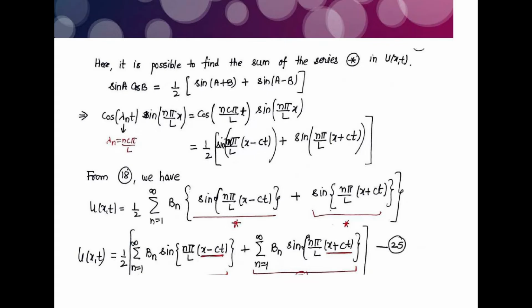half sine of n pi over L, we can take common, and the first argument with the sine term is (x minus ct), plus sine of (a plus b). So it is now n pi upon L (x plus ct). It's easy to write this formula. Now using this formula,